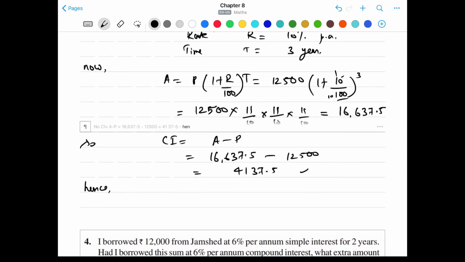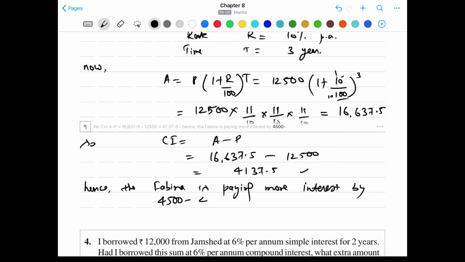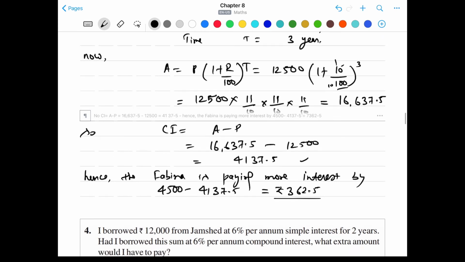So out of the two, Fabina is paying more, and by how much she is paying, they will write. Hence, Fabina is paying more interest by, that will be 4,500 minus 4,137.5 which equals 362.5 rupees. Okay, so Fabina is paying more interest, which is 362.5 rupees. Okay, so that's the answer